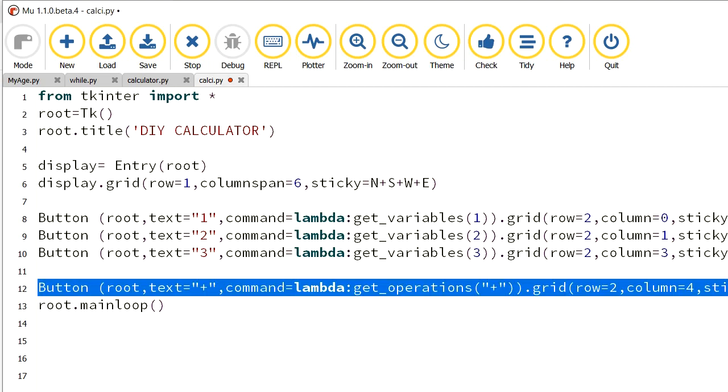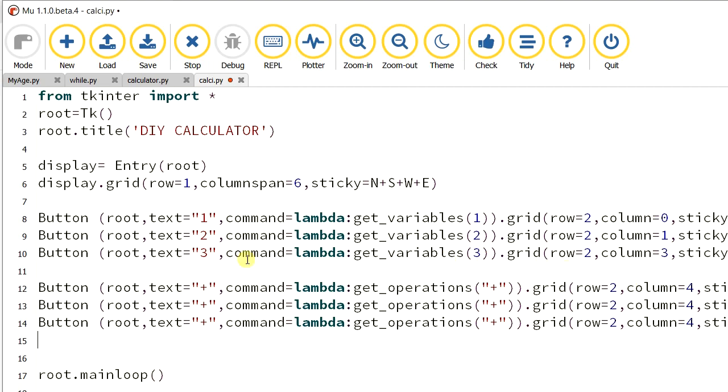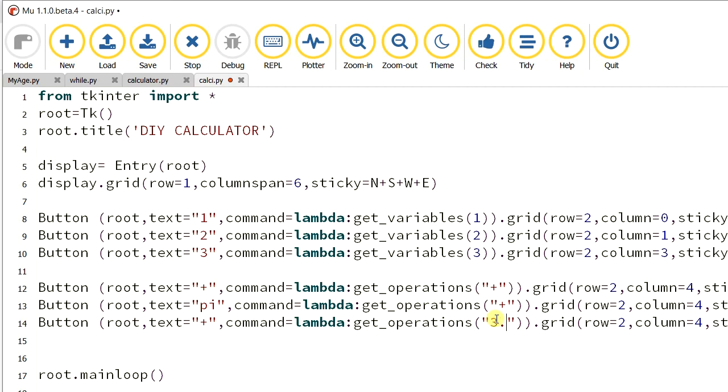So let's copy this line and use it for the next operator. 3 numbers, 3 operators. So minus, sorry, instead of minus let's have some other operator, because plus, minus, star and division all come in the same column. That looks good, that's why I am using pi. See, for pi the value is 3.14. We cannot send pi as it is. We have to send the value of pi, so that is 3.14, and the column is 5.